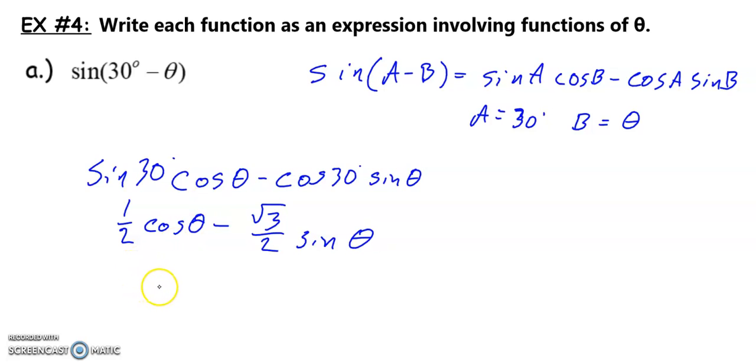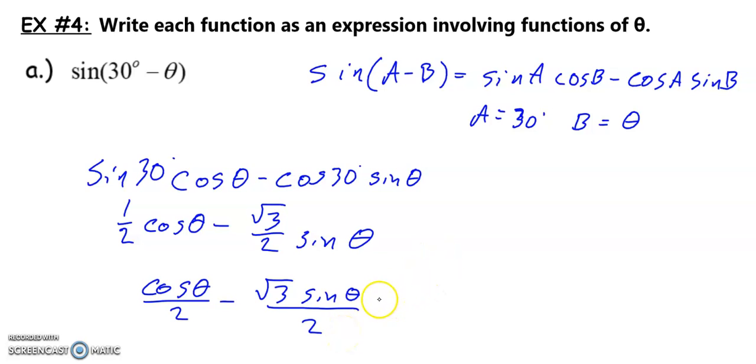So here I am going to have the cosine theta over 2. I'm going to write it like this, minus radical 3 sine theta over 2. You can see we have common denominators. So that is going to give me